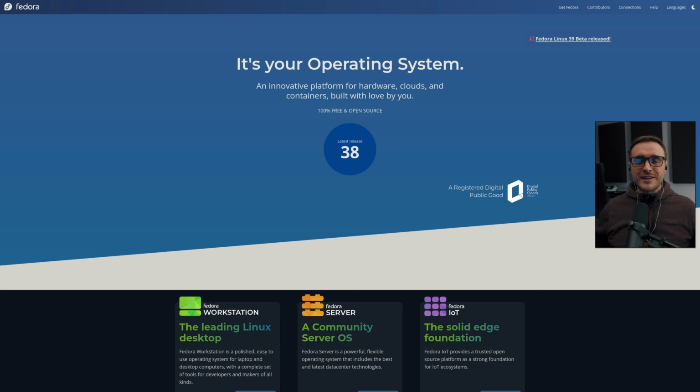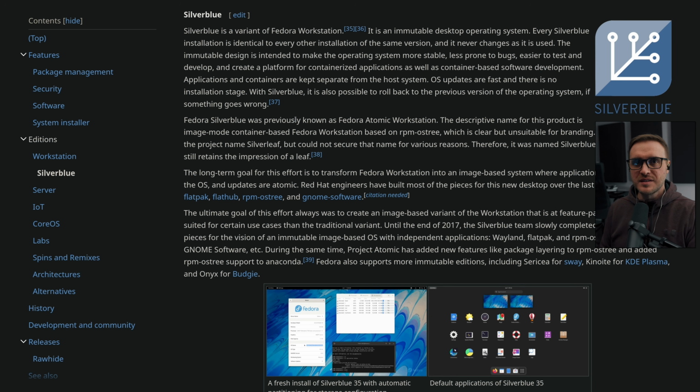So when you look at the plethora of distributions that Fedora is able to push, it's actually insane. But there was one which was really interesting me. It's the one which is immutable. So I know I'm going to have a little bit of work on my pronunciation of this word, immutable. So what does it mean? It means that your operating system is going to be like an image that Fedora pushes on your hard drive. And this image, this operating system, is going to be the same for everyone. And you're going to have really limited potential action towards it, which means